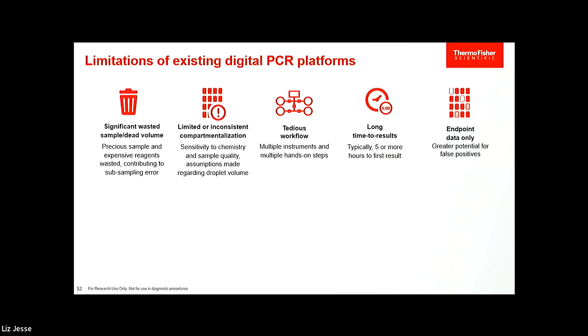It has a tedious workflow. So there are 3 instruments associated with BioRad, and it takes all day to take your sample, to make the droplets, to move it through the PCR, and then move it to the instrument. It's that last step in which you're doing all of the cycling and the amplification of your samples off the instrument and then moving it to the instrument. So you're just doing an endpoint read. This means that if there was a contaminant in there that fluoresced, you're detecting that right along with your